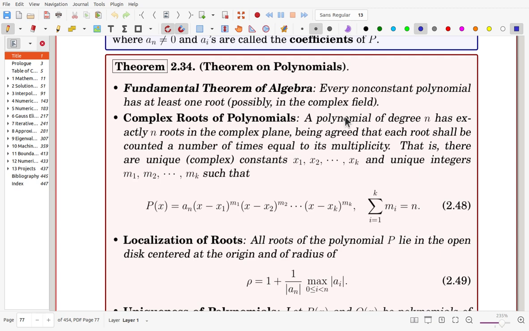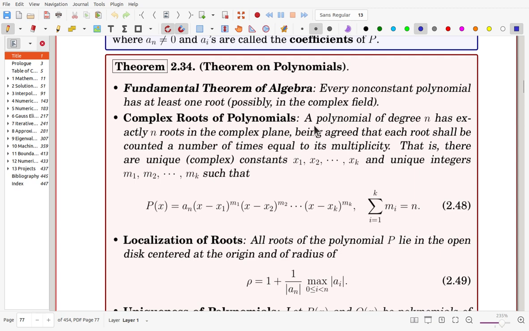If we apply this theorem recursively, then every non-constant polynomial must be factored into linear factors. So it must be a product of linear factors. So this is the conclusion of that